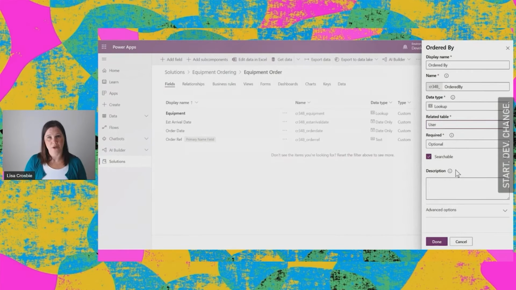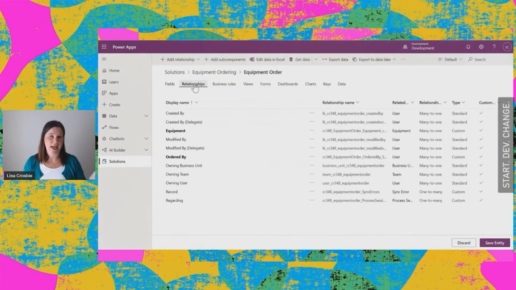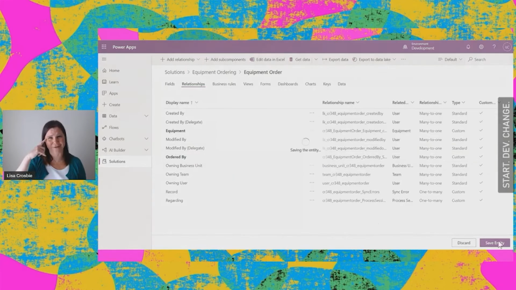So what we've got now is a data model which has the different types of office equipment that people can order, and then an entity for tracking that links back to who ordered it, and links back to what it was that they ordered. So you'll see there that those data model relationships have been set up. The beauty here is I didn't even have to get my head around one to many, many to one concepts. I just say link that back, and it puts that in for me, and it's created those relationships for me.